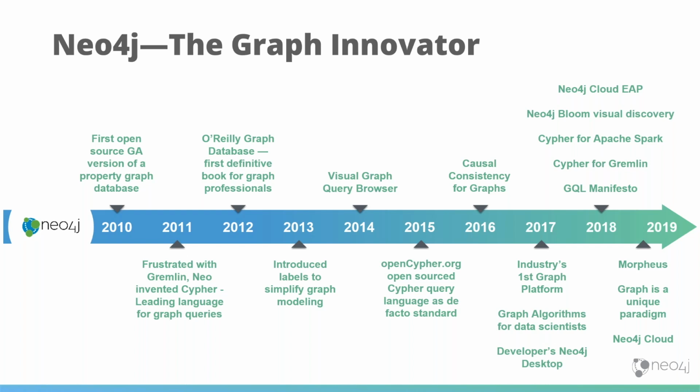And then towards the end of the year, we'll start to introduce even more new capabilities. The Neo4j Cloud will roll itself out. We've been promoting the idea that Graph itself in the database space is a unique paradigm